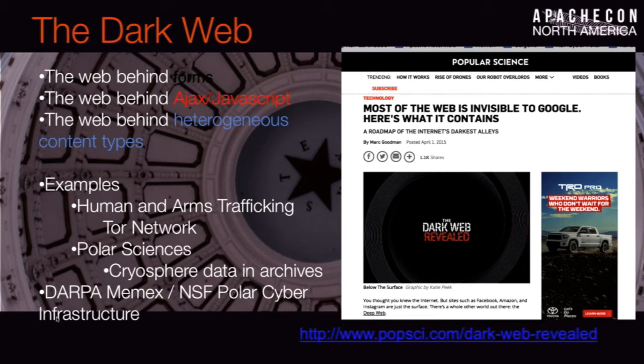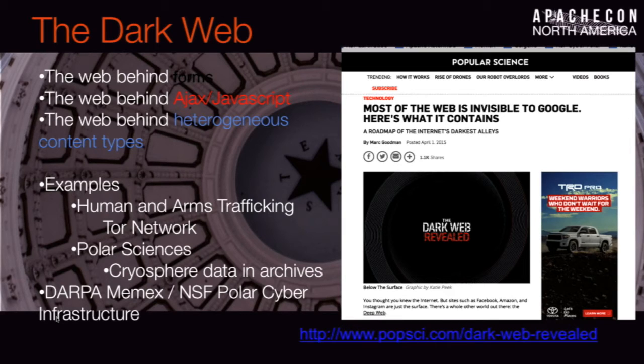The amount of web that we can publicly reach, that doesn't involve AJAX and JavaScript and heterogeneous content types and forms and things like that, is actually very small, right? Compared to the amount of the web that people normally don't attack and don't go after. And so two particular projects, just to give you some motivation, are going after that, and I'm involved with them, and Tika is sort of at their core. It's a good illustration of that.